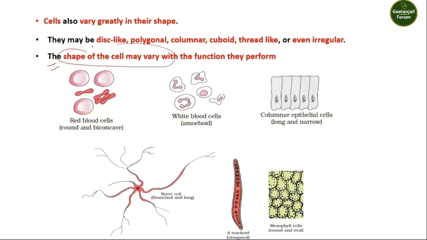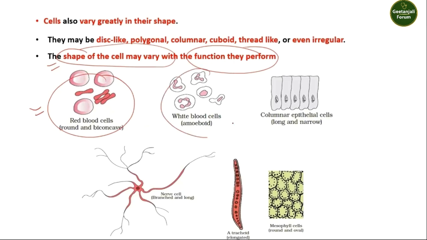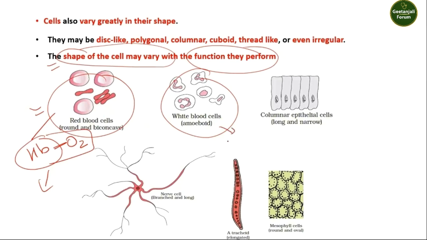The shape of the cell varies because every cell has to perform a different type of function. For example, this is red blood cell. It has a specific function. White blood cells have different functions. What do red blood cells do differently? In red blood cells, hemoglobin is present. This hemoglobin binds with oxygen and transports this oxygen throughout our body. While white blood cells have a different function. They help to fight infections. They make antibodies. Thus both have different functions, so their shape and size is different. In this way, all the cells have different size and shape because their function is different.